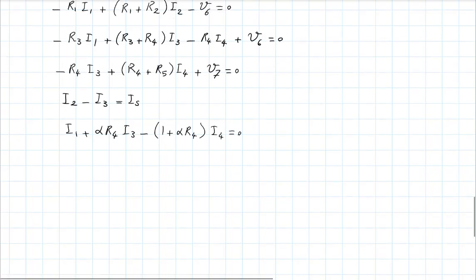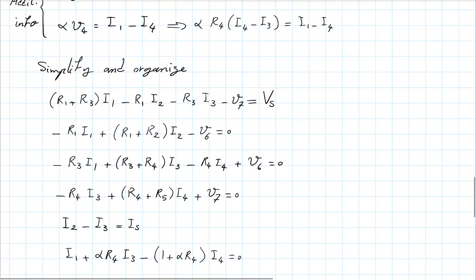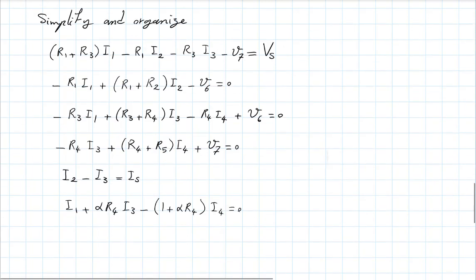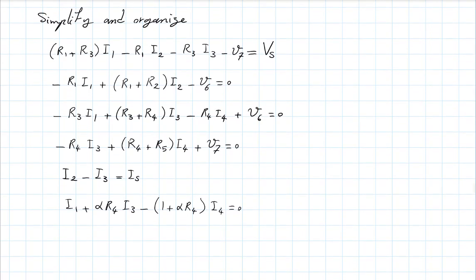And again, alpha is a parameter that we know. Did I do that correctly? Minus I4 minus alpha R4 I4. There you go. So these are the 6 equations written in a nice way,